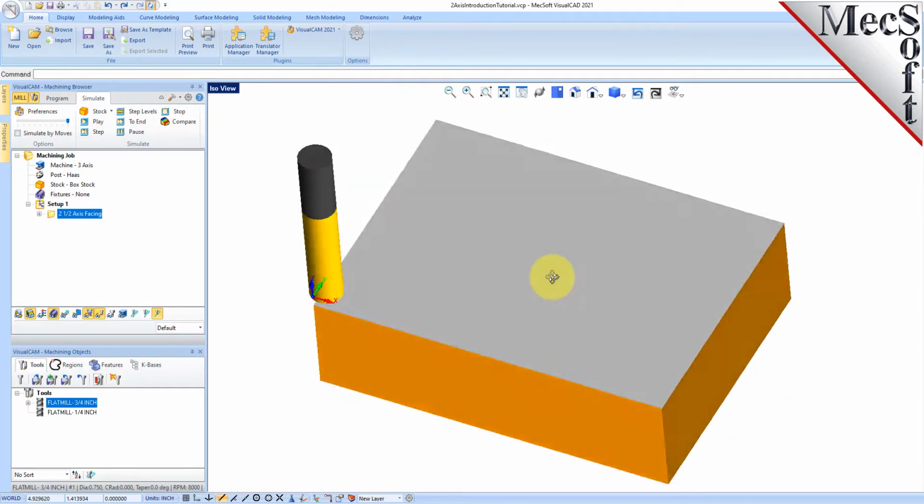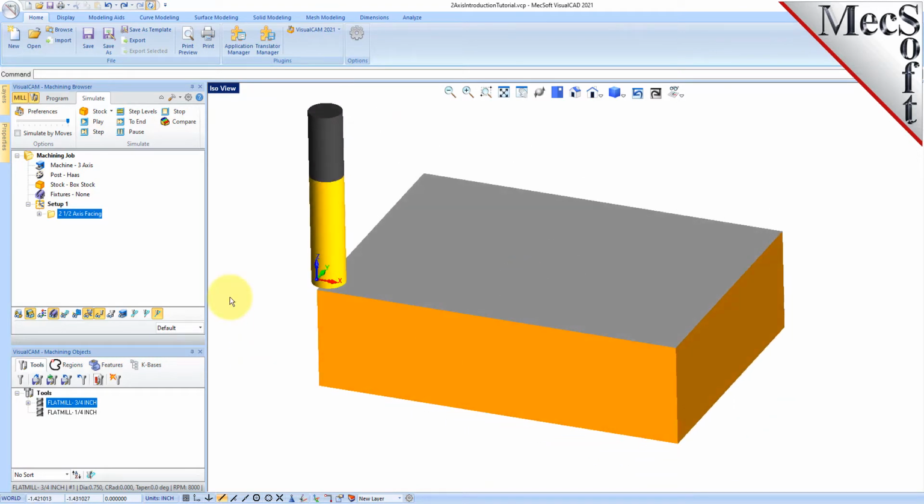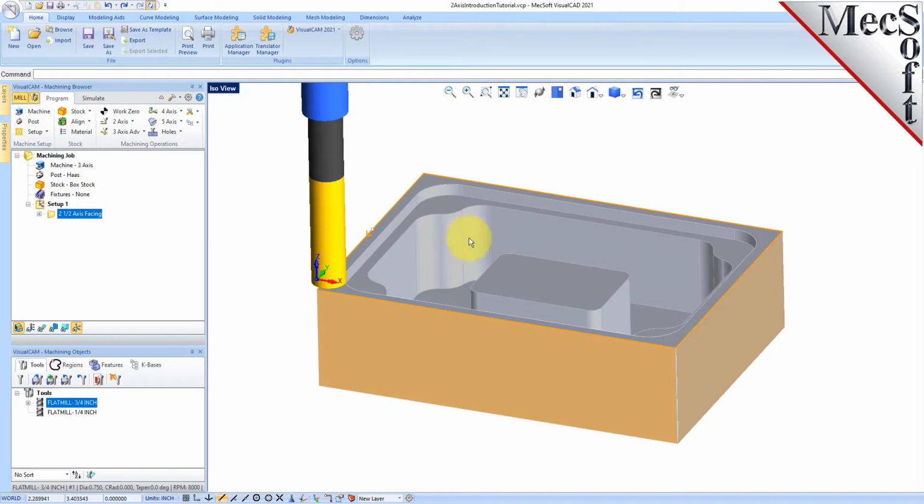With the facing operation complete, we will now program our two pocketing operations. In 2 1/2 axis pocketing, geometry regions on your part are used to control the X and Y extents of the toolpath, and all sidewalls are considered vertical. You need to understand that if the sidewalls on your part are tapered, you may need to use 3-axis operations